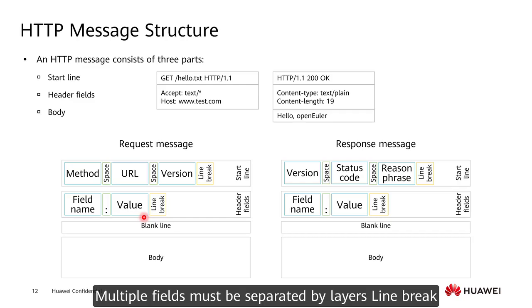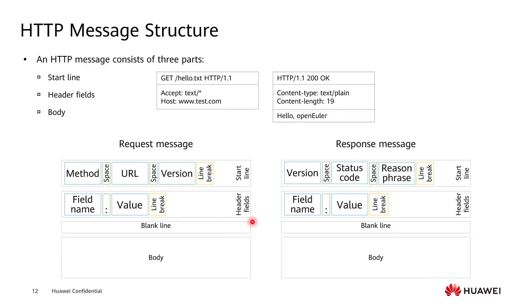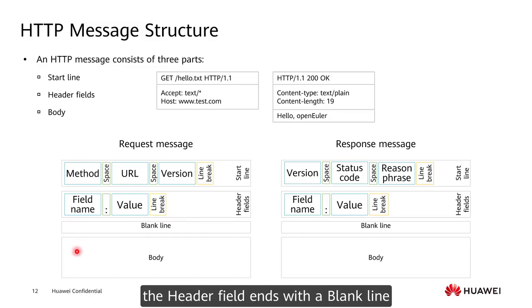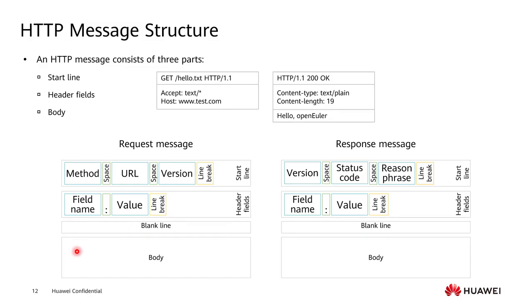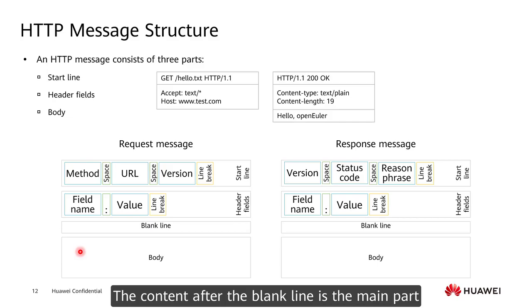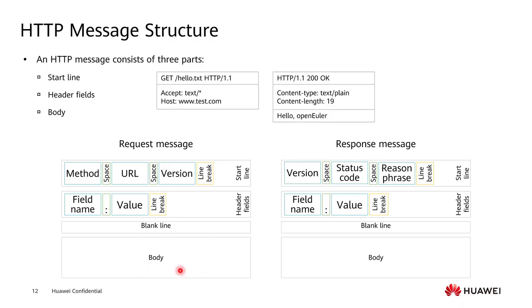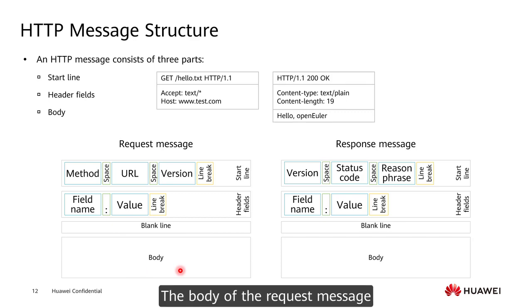Multiple fields must be separated by line breaks. The header field ends with a blank line. The content after the blank line is the main part, that is the body. The body of the request message contains the data to be sent to the server, and the body from